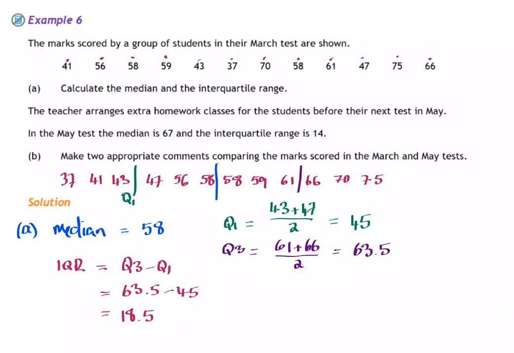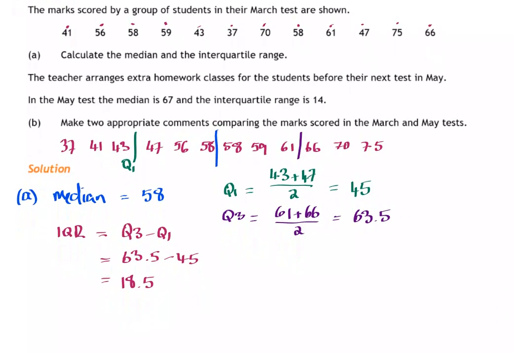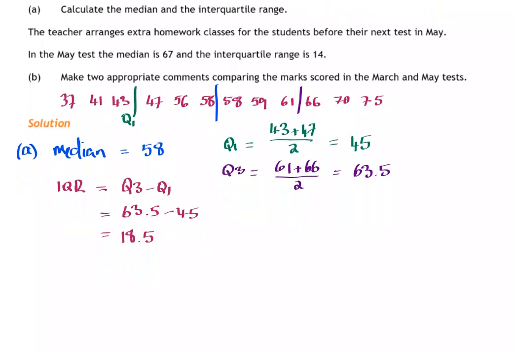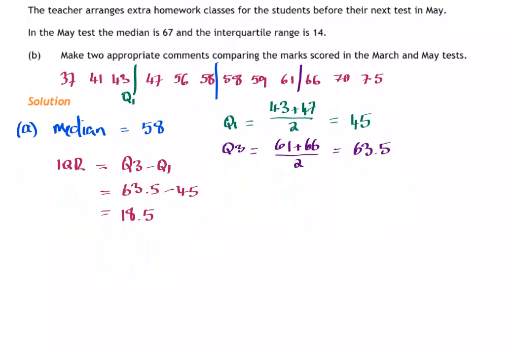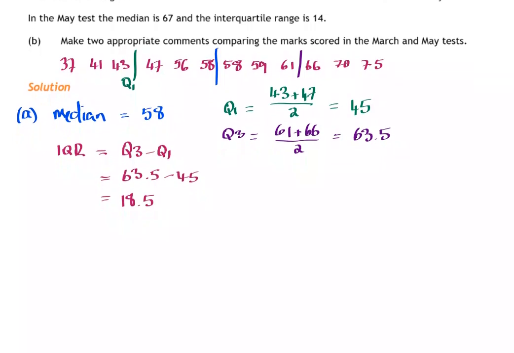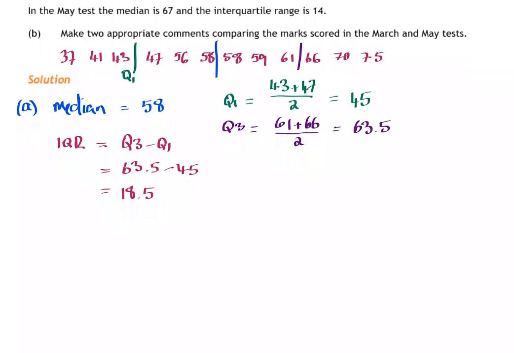And so then we can think about part B. We're told here that the teacher arranges extra homework classes for the students ahead of their next test in May, and then in May the median is 67 and the interquartile range is 14. Make 2 appropriate comments. Okay, so for part B, first of all, we're going to make a comment about the averages. Remember, the median is a type of average, and we've got both the medians, so we can say on average,